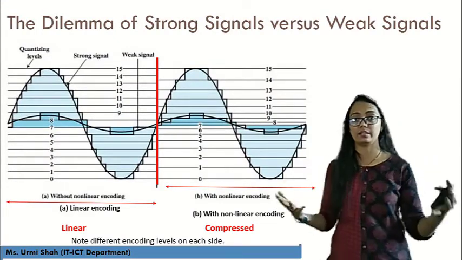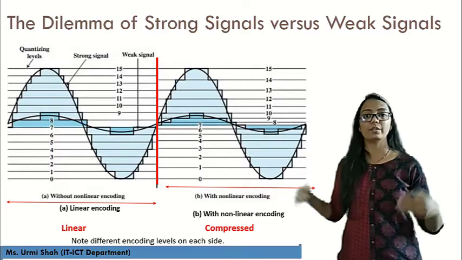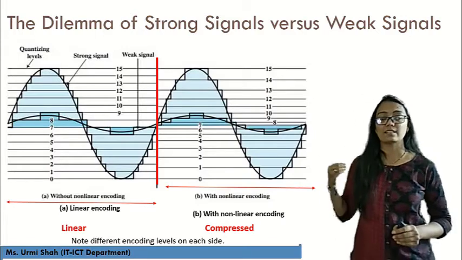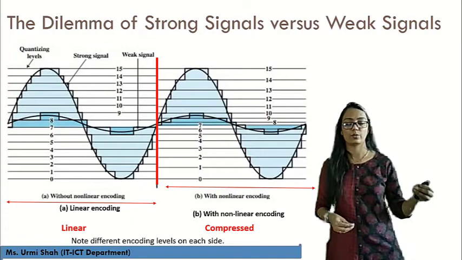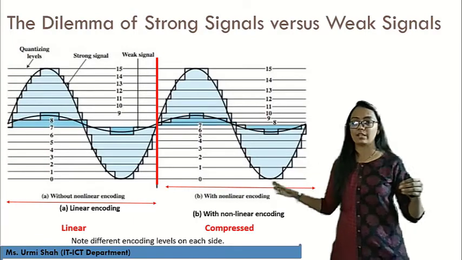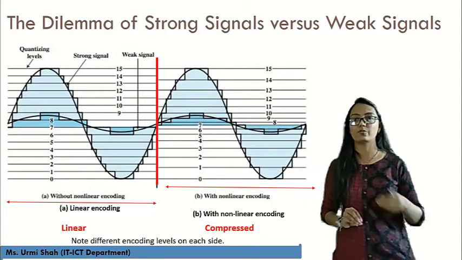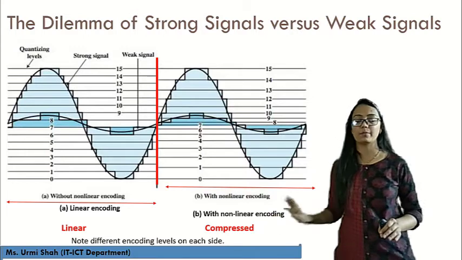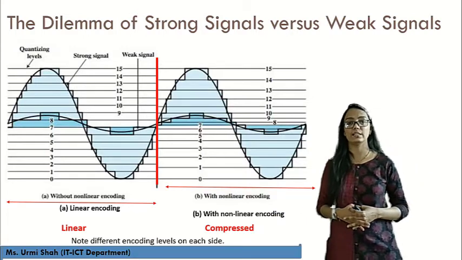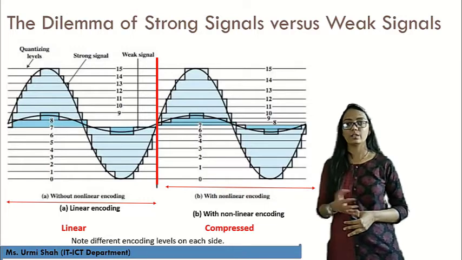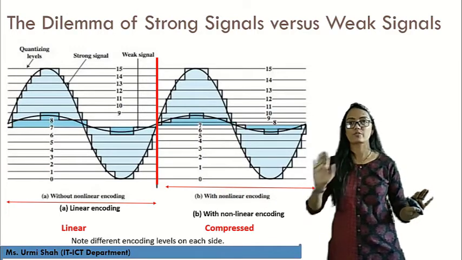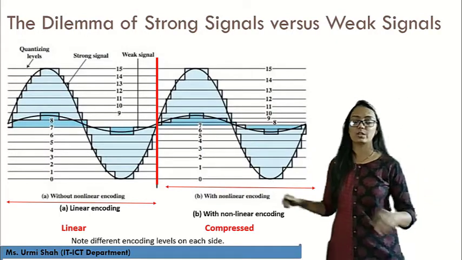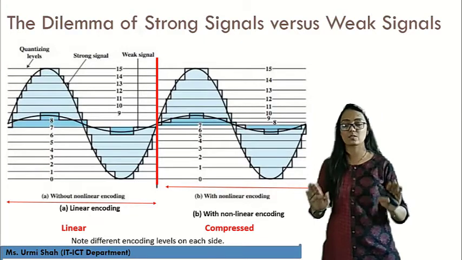Now, as you all might be wondering, what is this waveform representing? This waveform is representing two different signal waveforms, that is linear encoding and non-linear encoding. The simple linear waveform is the waveform which is directly generated without performing any coding, while this is the compressed waveform that is produced using the non-linear encoding process. So here you will be able to see two different signals in the form of strong signal versus weak signal. The compressed signal is going to be stronger as it won't be distorted much.